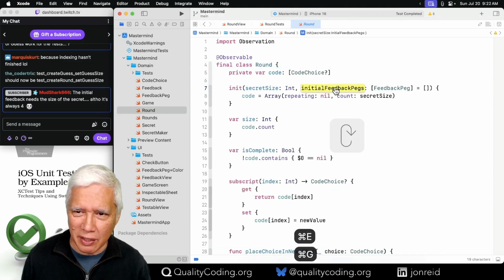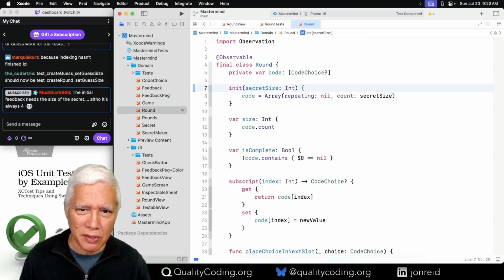We're not using it. I don't think anything is using it. Let's find out. I'll just break this and do a build. Yeah, so nothing's using it yet as far as I know.